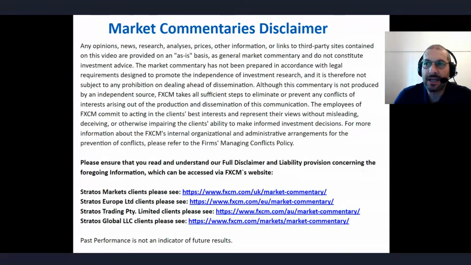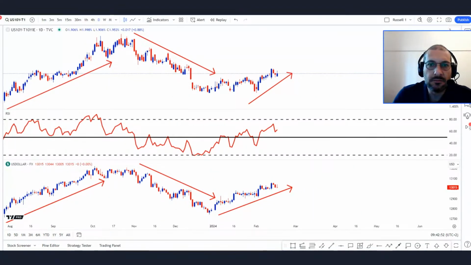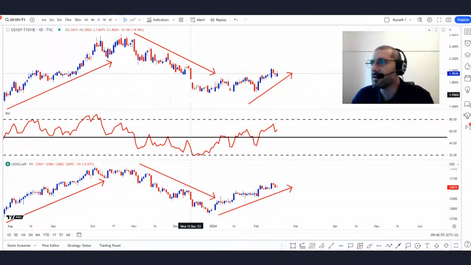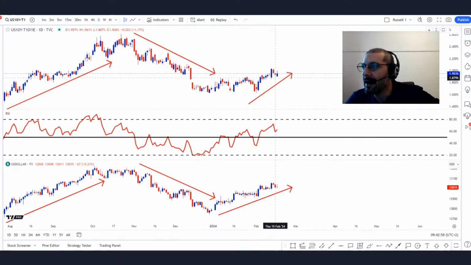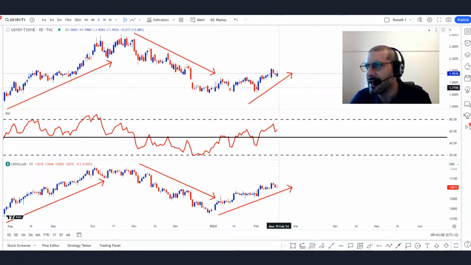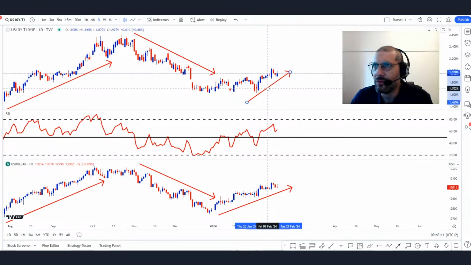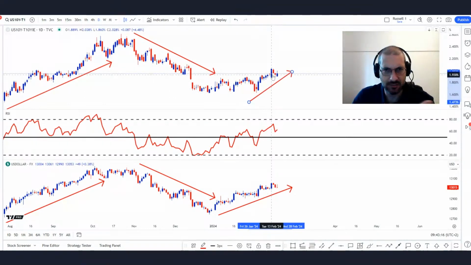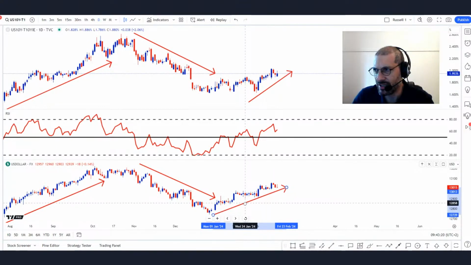All right, let's take a look at the real rate and see how it's looking as we start the week. Okay, this is the real rate on the daily. What we've been looking at is the correlation between the real rate and the US dollar. It's typically where we start the analysis. The latest movement in the real rate is this northeast type movement. So it's moving higher, and of course it's taking the US dollar with it.